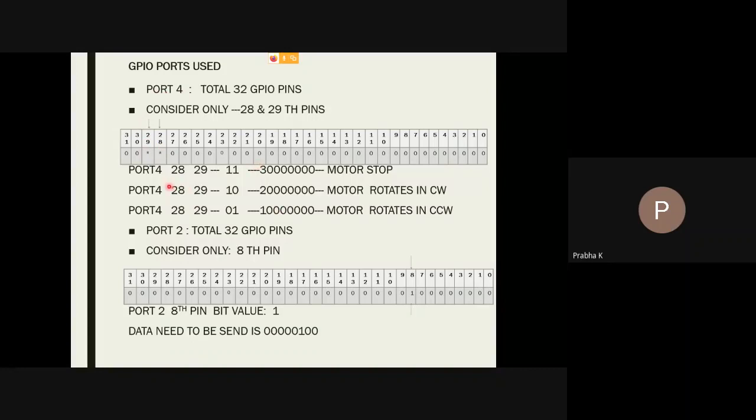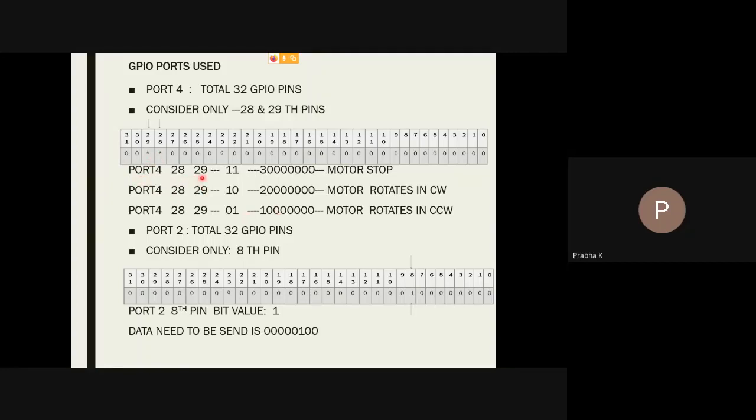Now, what are the logic levels, the values that we have to send on these pins? What are the voltage levels in terms of logic levels? We call it 11, 10, 01 like that. So what values do we have to send on GPIO pins 28 and 29 in order to control the motor operation? Already explained in the previous slide.